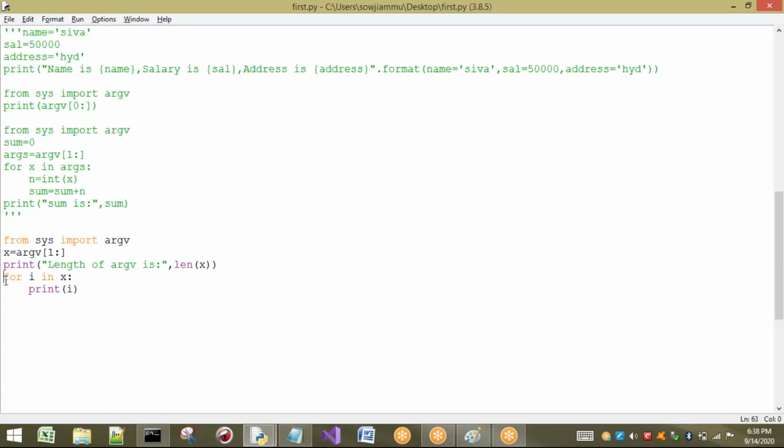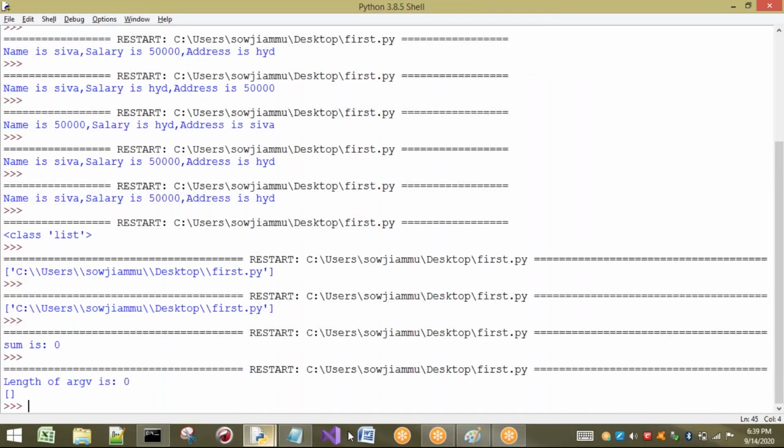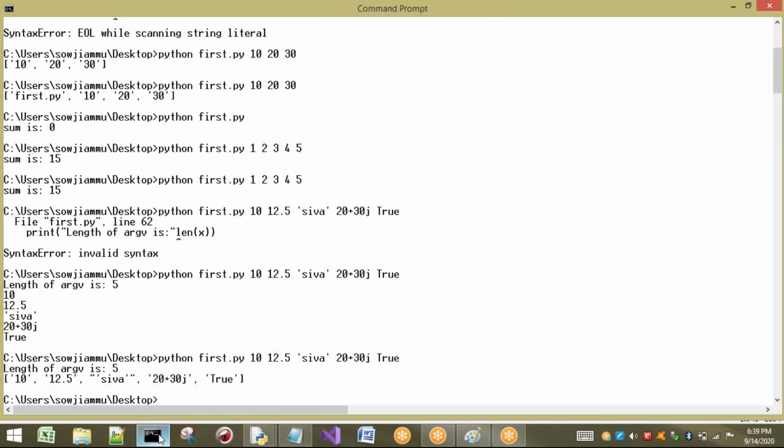Sir, I don't want this one, sir. Directly print the values in a list. For example, if you want to see the values present inside x in the form of a list, I will just print x of 1 to last. Otherwise, if you print, no problem. So let us see. Here I want to show, I have to take command line arguments. Same thing I will take. So what happens here now? All the parameters are in the form of what?